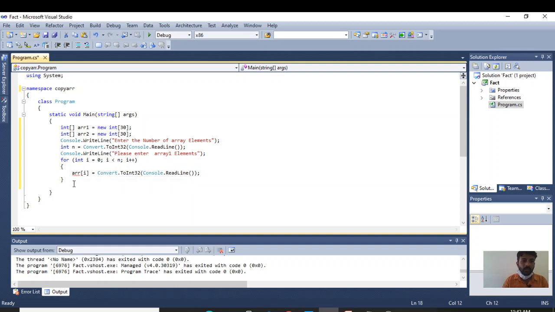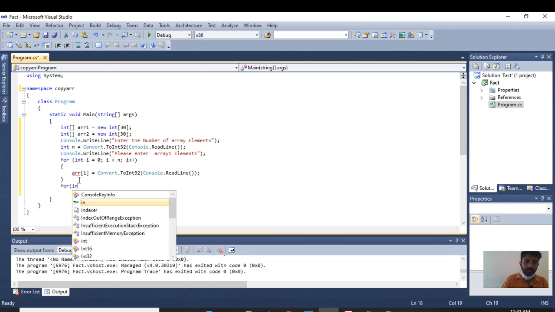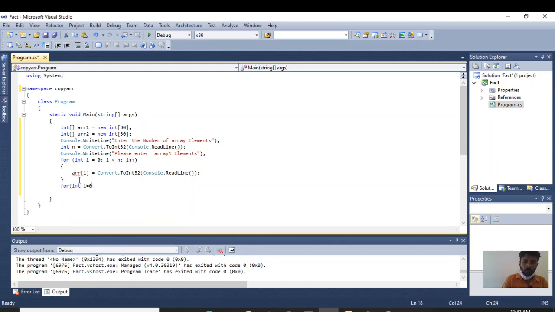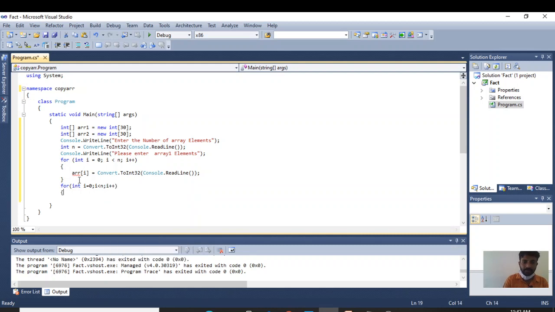Next, what I will do is copy the array 1 elements to array 2. For int i equal to 0, i less than n, i plus plus. Okay. The second array is array 2.